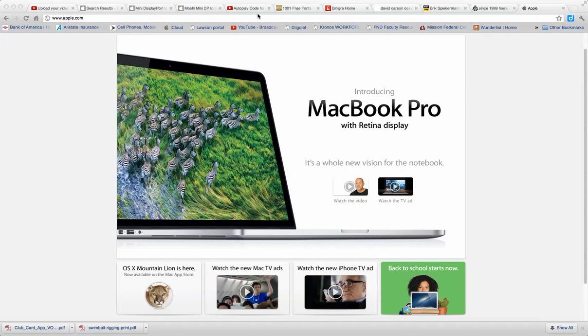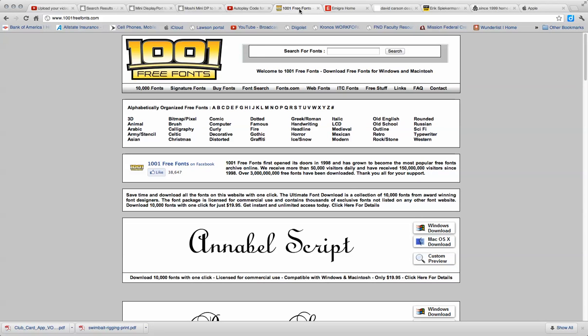So, when I think about typography, first of all, before we even get into Photoshop, you can go to a place like 1,001 Free Fonts, right? And you can see there's 3D, animal, Arabic, Army, stencil, Asian, bitmap, pixel. A lot of these are going to be related to a decade. Like this was good in the 90s. You see Army stencil all the time in specific applications: comic, computer, calligraphy, brush,